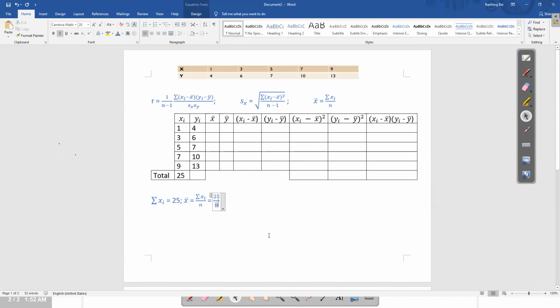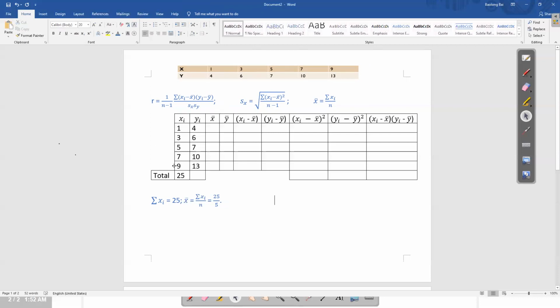Is n equal to 5 or 10? N equal to 5, right? So you have 5 individuals here. For every individual, you have 2 measurements, right? You have 10 numbers, but it's only 5 individuals, right? Okay. And then